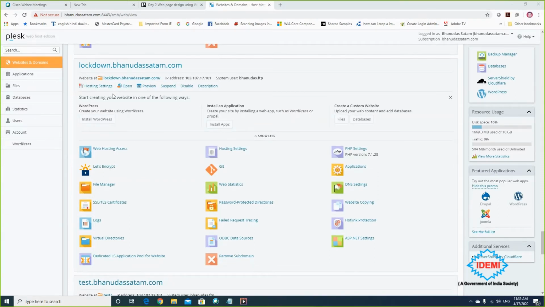Whatever procedure I am applying here is applicable to your root domain also, other than a subdomain. I am not showing a root domain because I don't want to disturb my understanding one. So here a simple button is there, and you just click on that button.